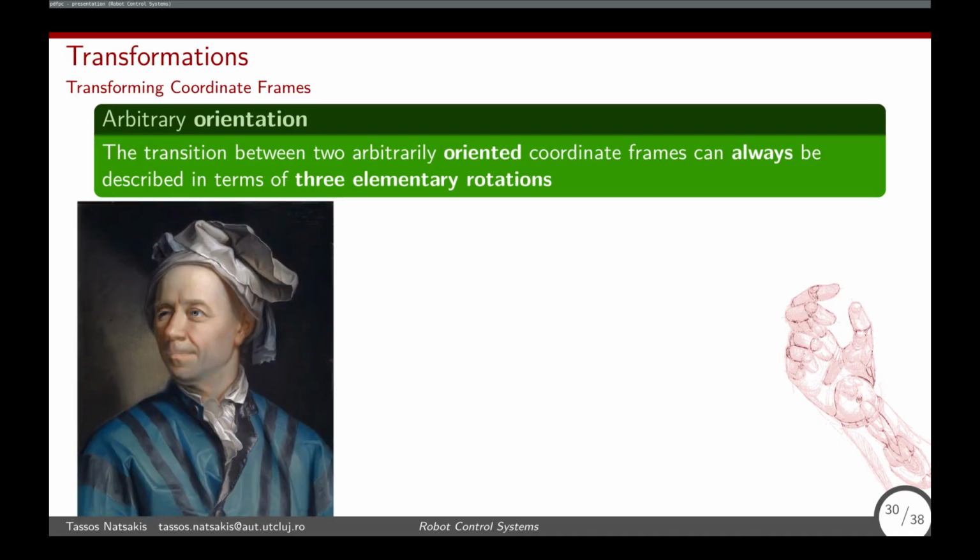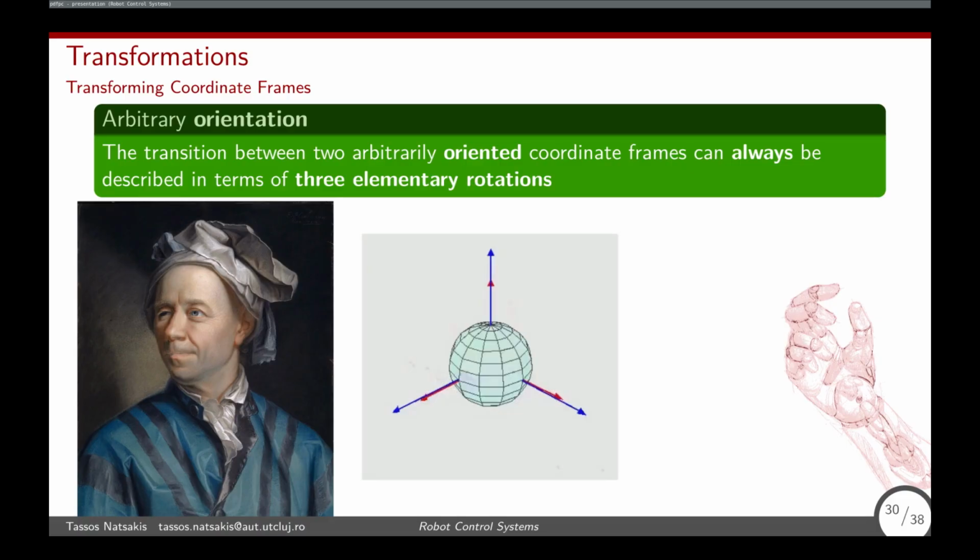This was chosen by this person. Do you know who this is? Euler. Nice. Was, not is, yes. Who basically proved that you can go from any orientation to any orientation using 3 subsequent rotations, right? It's what we typically call these days the Euler angles, which is